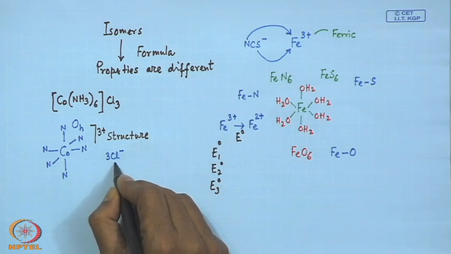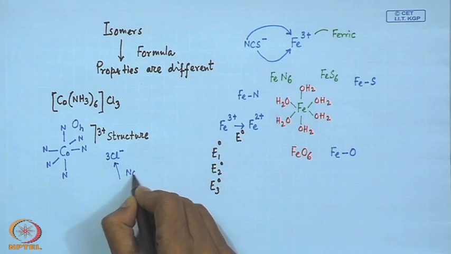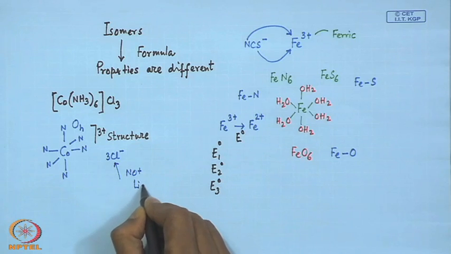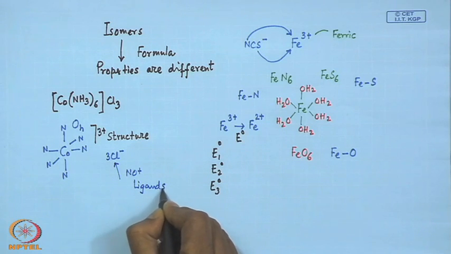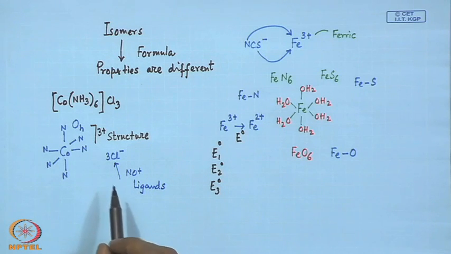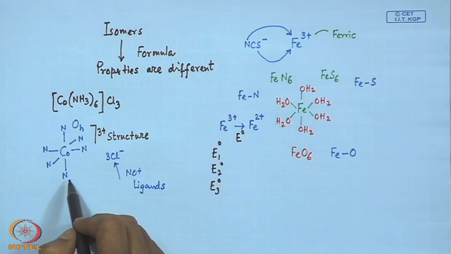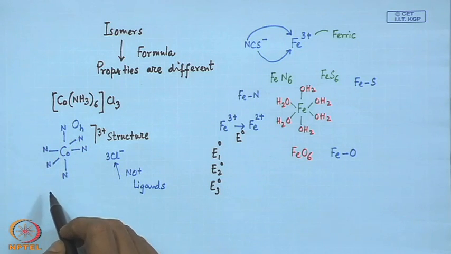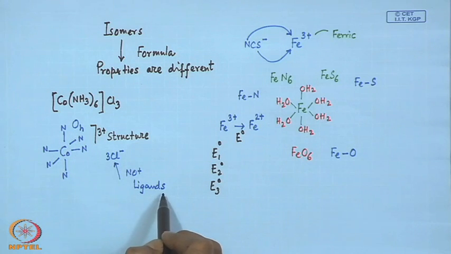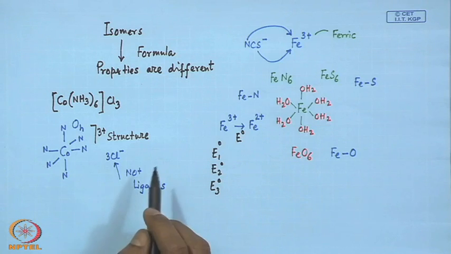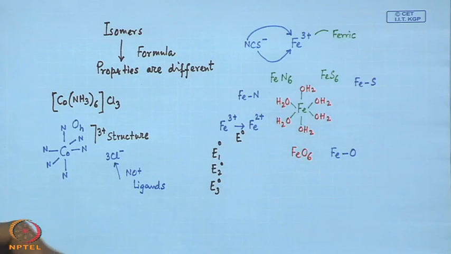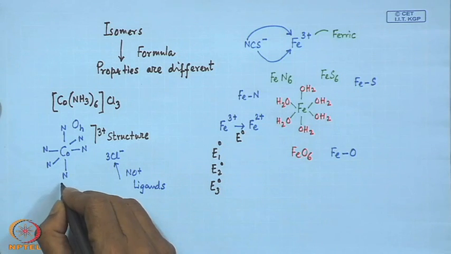These Cl minus are not ligands in this particular case, and we determine the structure where the octahedral coordination around the cobalt center is fulfilled by 6 amine molecules, and the chloride groups are outside the coordination sphere. Now, these amine groups are neutral in nature,